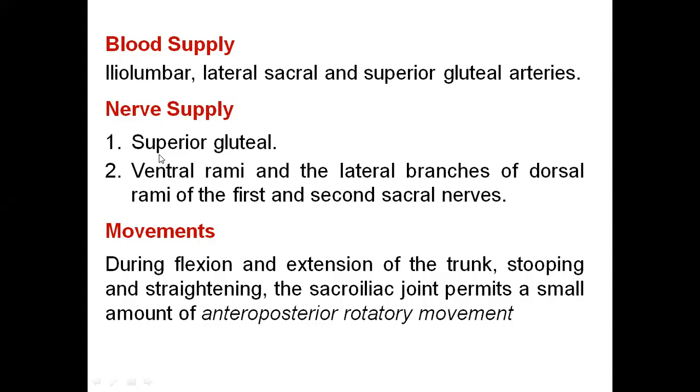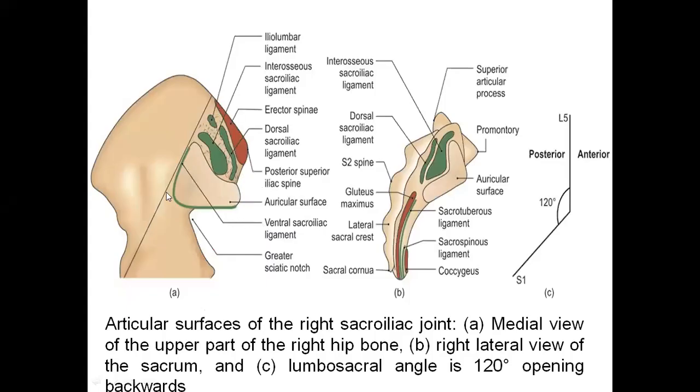Nerve supply comes from superior gluteal nerve, ventral rami and lateral branches of dorsal rami of first and second sacral nerves. Movements during flexion and extension of trunk, stooping and straightening, the sacroiliac joint permits a small amount of anteroposterior rotatory movements. So this is the auricular surface of the ilium and this is the auricular surface of the sacrum. So correspondingly, the auricular surface of the ilium and the auricular surface of the sacrum will articulate to form the